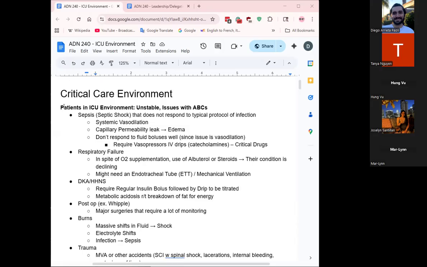Okay. So some of the examples you'll see: septic shock, people that are not responding to typical protocol. They're having severe vasodilation, low blood pressure, could be edematous from the inflammation. They're not going to be reactive to fluid boluses. They're going to require vasopressors that need to be titrated. These are the critical care drugs. Some of them include norepinephrine, vasopressin, epinephrine, dopamine if it gets really bad,